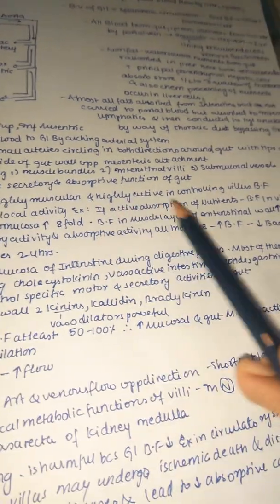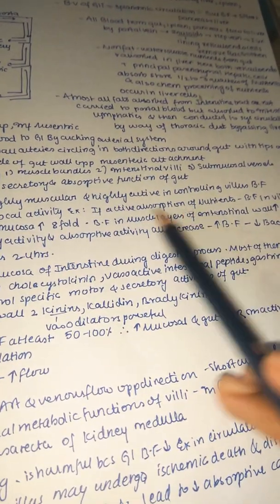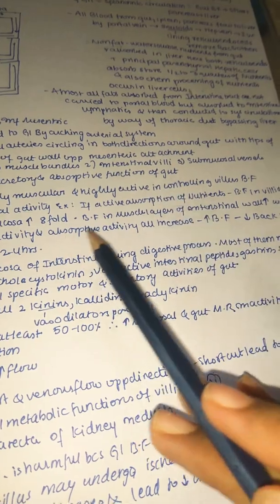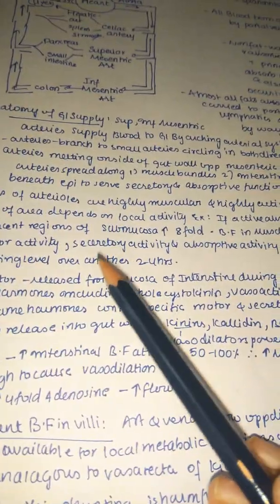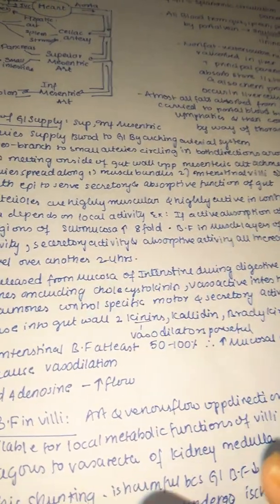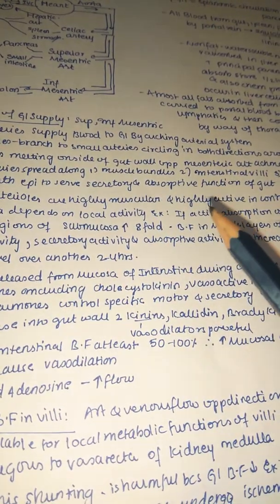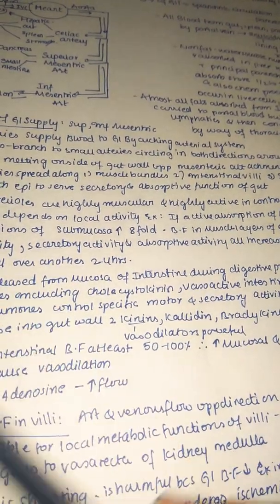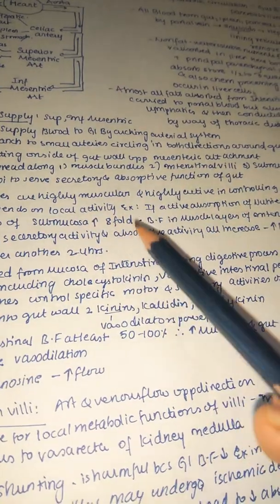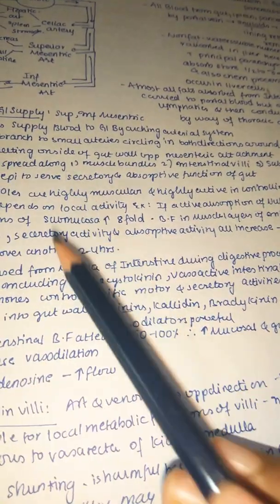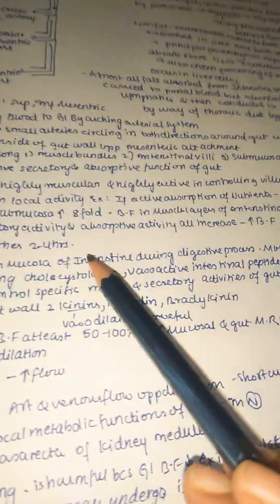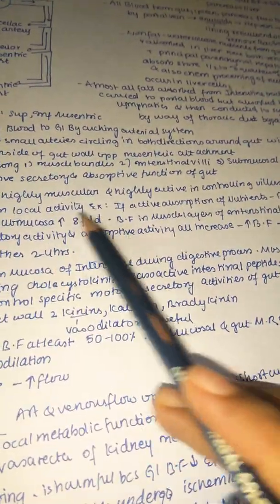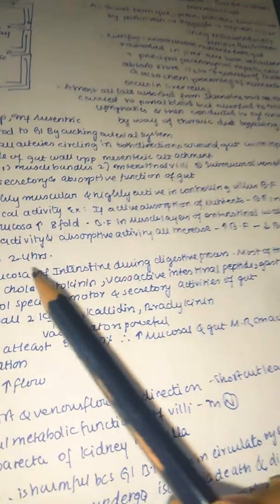For example, active reabsorption or active absorption of nutrients means there is high metabolism now in the GIT. Whenever there is high metabolism, the blood flow in the villi and also the adjacent regions of submucosa increases eightfold. We have already seen this from the start in our regional circulation, in our coronary circulation, in our cerebral circulation: everything is the same. Whenever there is higher metabolism in a particular local area, there will be higher blood flow in that local area. So in the case of the GIT, there is an eightfold increase of blood flow to the GI muscles.